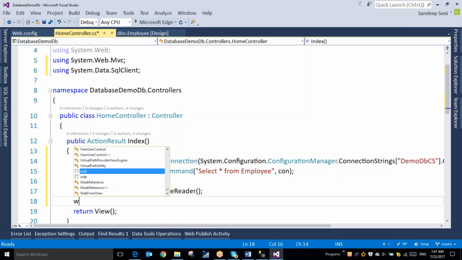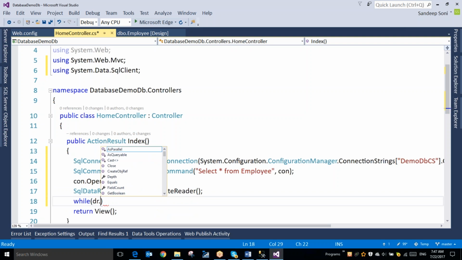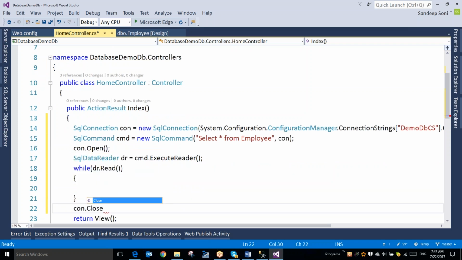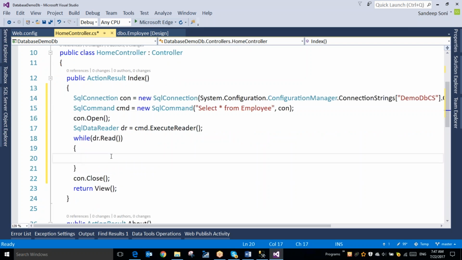If you are not aware of programming, just execute all these things. These are not relevant to you. And here we decide whatever we want to do with that